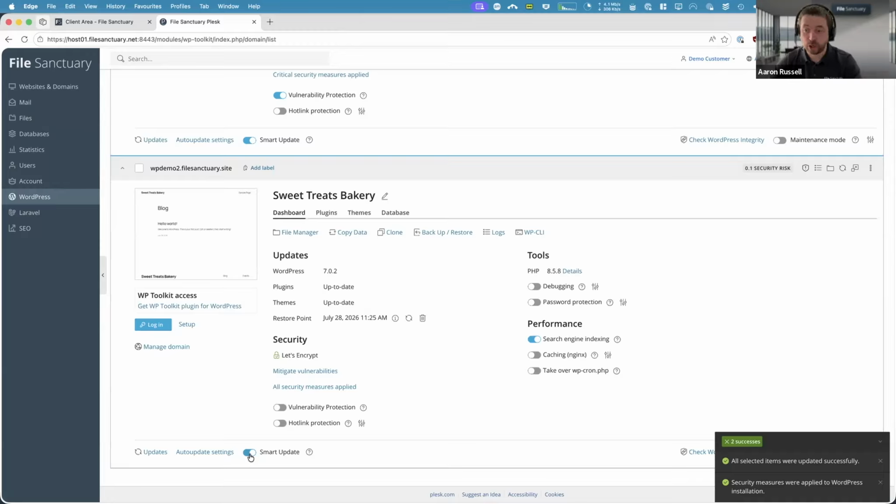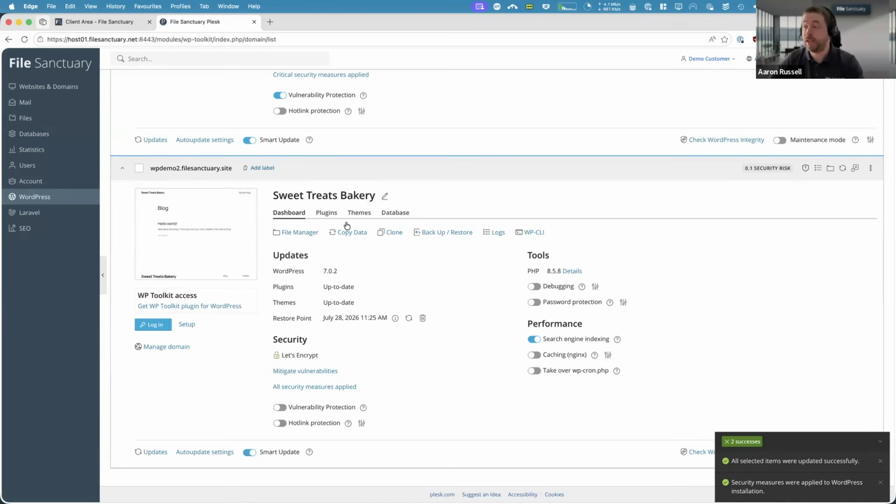The live site isn't touched unless either the system is 100% confident that the screenshots are identical, or if you manually approve it after a review. So what this means is you don't get any more random breakage of WordPress sites due to plugins and customers phoning at 9 a.m. saying, hey, my website's down. That problem just goes away.